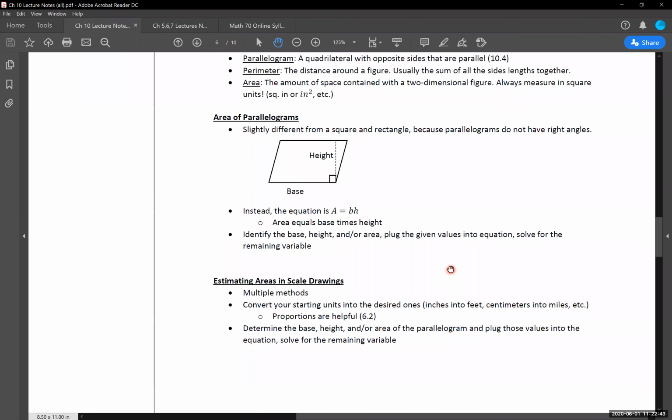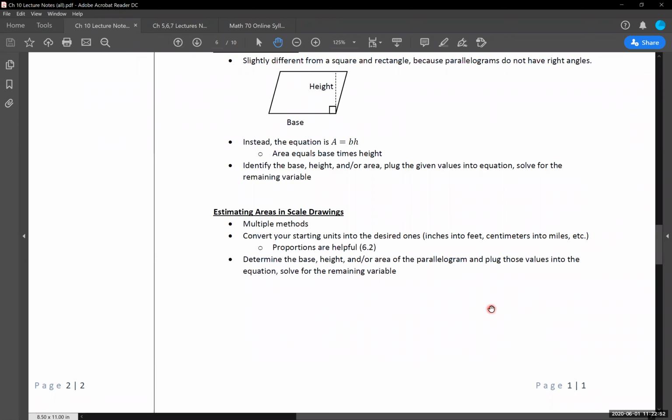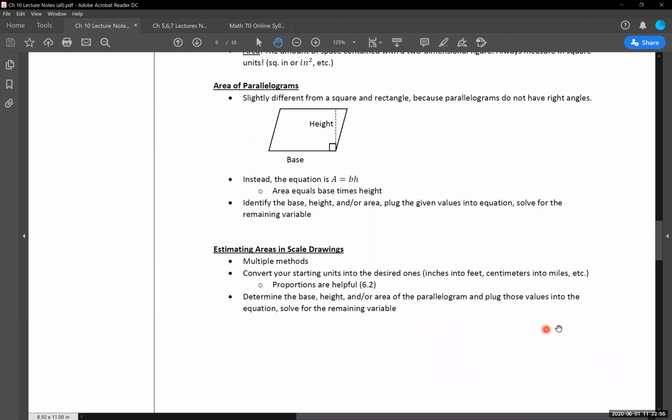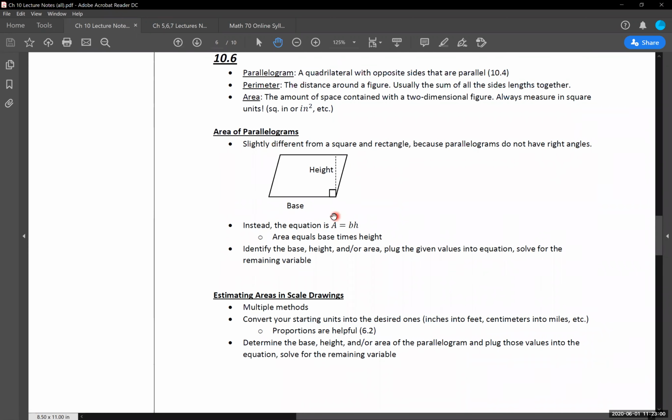And yeah, that's kind of everything for the 10.6 material. We only have one page that covers all of it. I don't have any exact examples ready to go because at some point in time it just becomes me drawing pictures or giving you guys basically any combination of these things, and you're doing the exact same thing over and over again. And again, for estimating areas, you do a proportion problem at the very beginning, just scale it accordingly, and then apply what we did right up here. There's not a whole lot else that goes along with it.